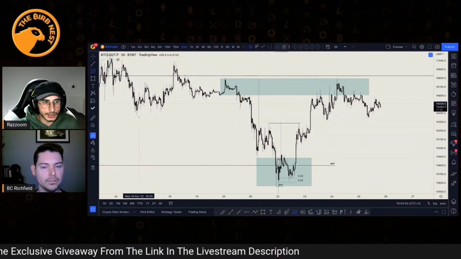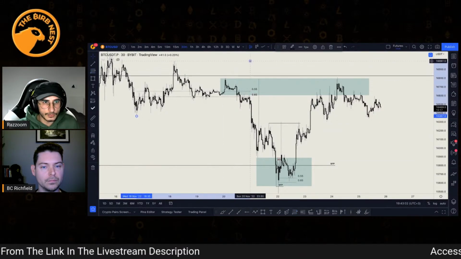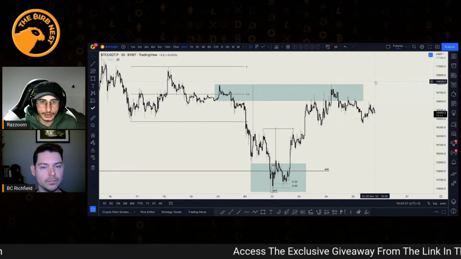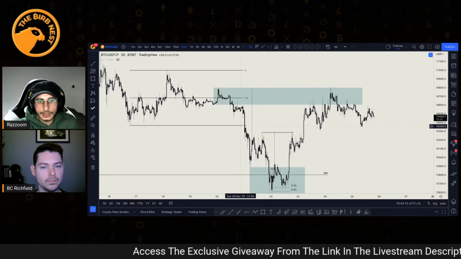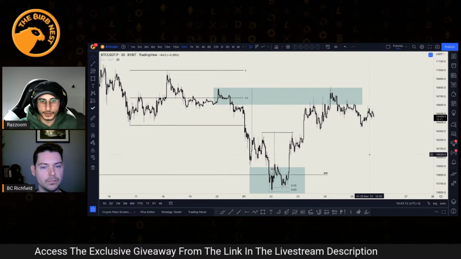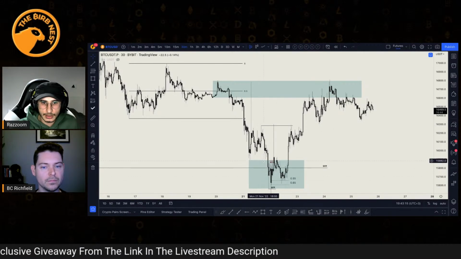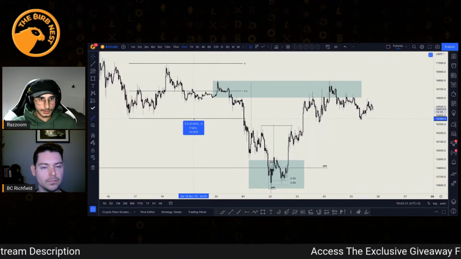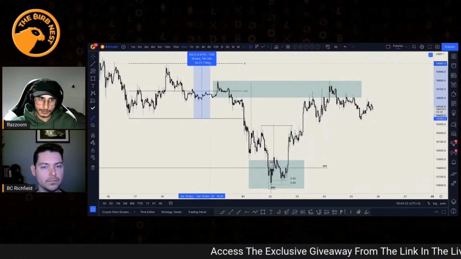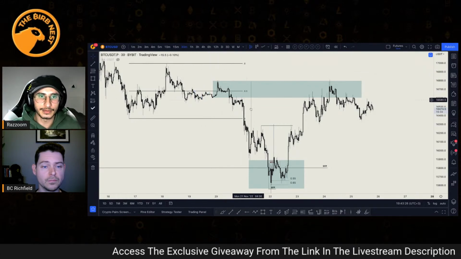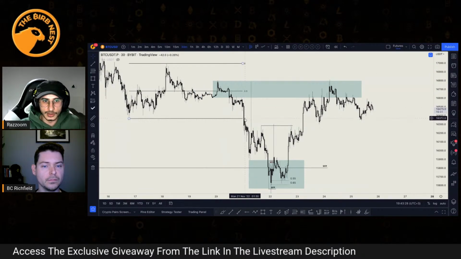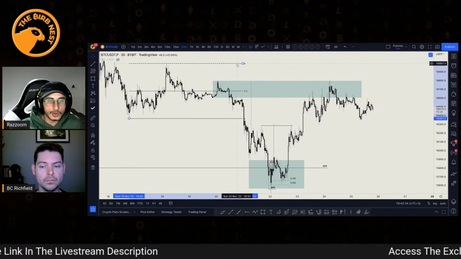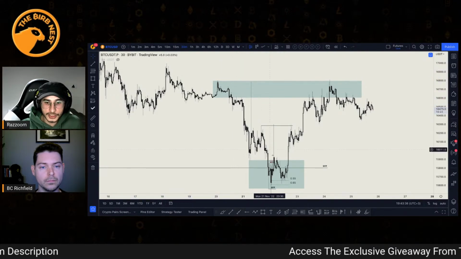Let me actually draw it so people understand what range I'm talking about. This is a range. So the ranges are important for me. This is a range for me, and this one is a range as well. But this is about a 4% area, and it's so different if you close your position here or here or here, because we are scalping, right? So what I like to do is